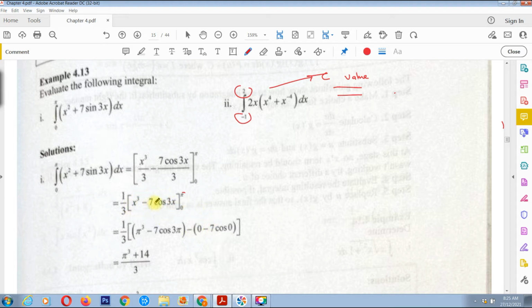We use the same function, so we get this. So no more c, there is no c anymore, because the c here is 14 over 3. Okay,